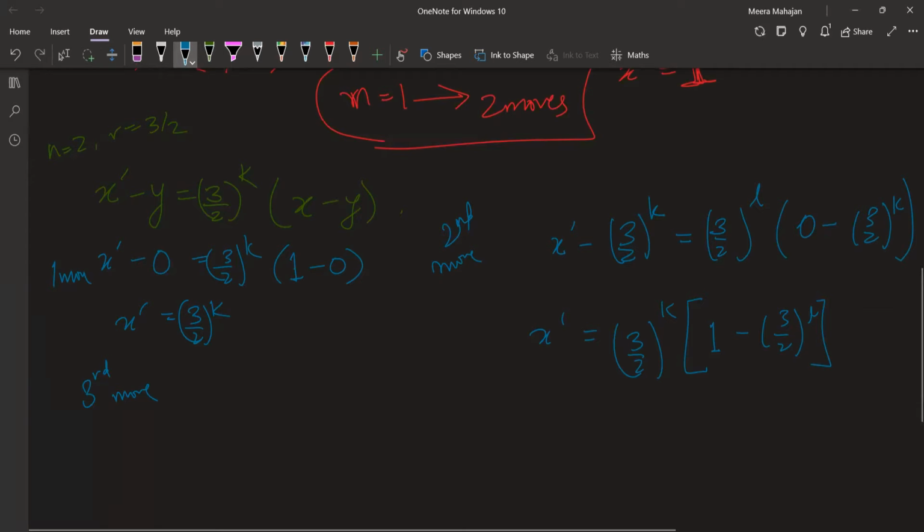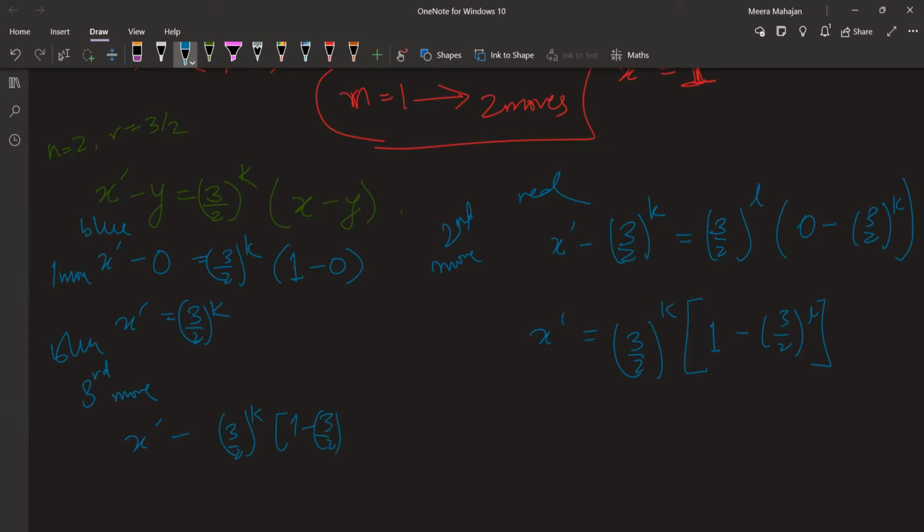Okay, so you just have to move the blue bead now. We first move the blue bead and then the red, now blue. I give it because you just have to work it out on your own and then maybe see. And after the third move, you'll get x prime is x prime minus the, which is at 3 over 2